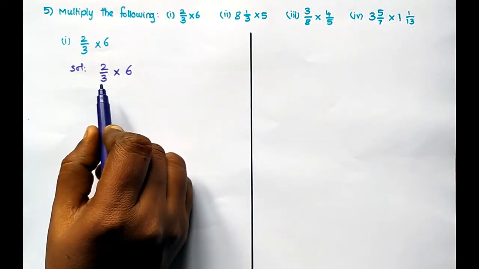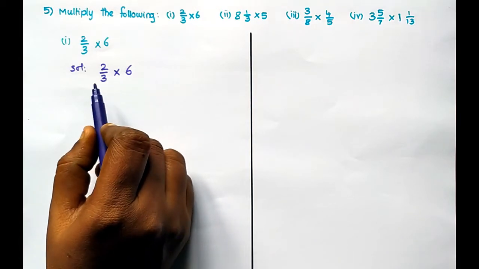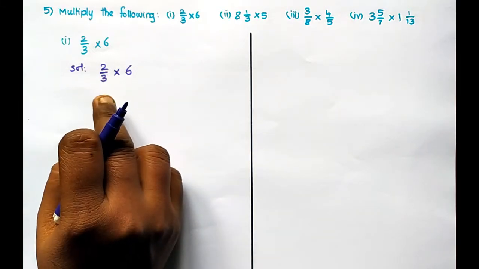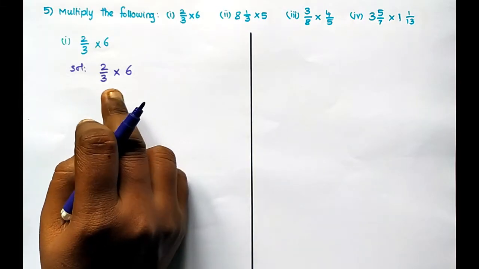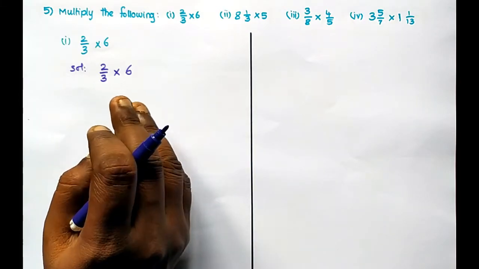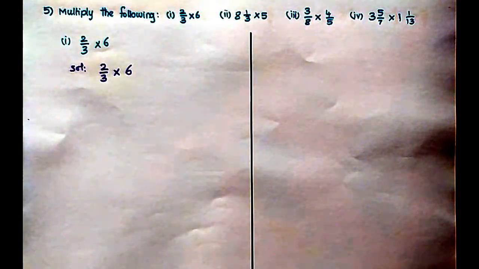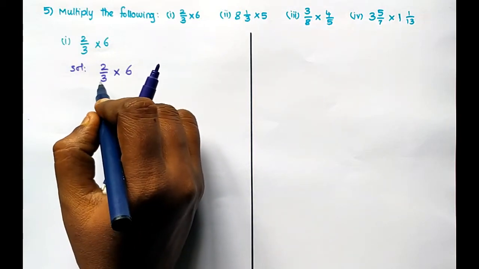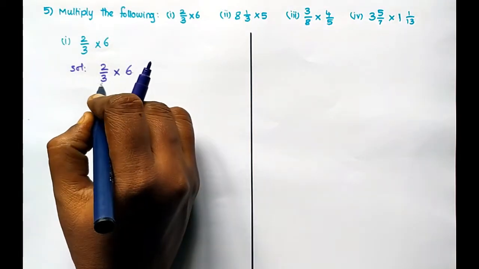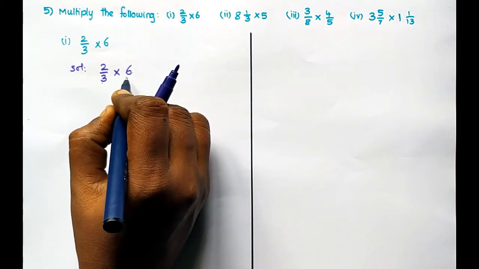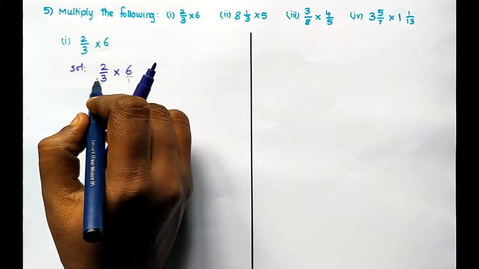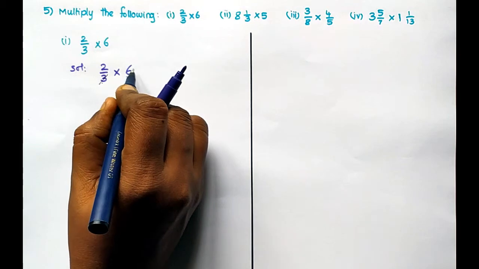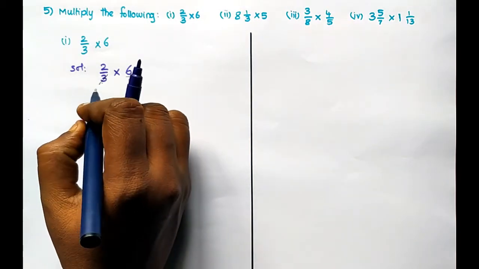Listen, there is cancellation, which means we have to cancel these numbers. In cancellation, only numerator and denominator we have to cancel. Otherwise, denominators with denominators or numerator with numerator is not possible. So now 3 and 2 is not possible for cancellation, and 3 and 6. Here 6 is the numerator, because in the denominator 1 is there. So 3 and 6, 3 is denominator, 6 is numerator. So we can cancel these numbers.